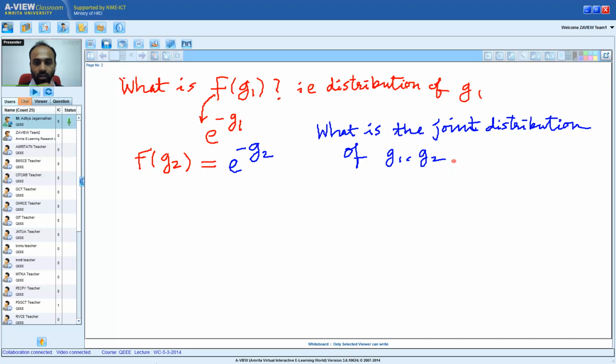Again, we also did this, correct? The joint distribution of G1, G2 is nothing but the multiplication of the distribution of G1 and G2, because G1 and G2 are independent. Since G1 and G2 are independent random variables,